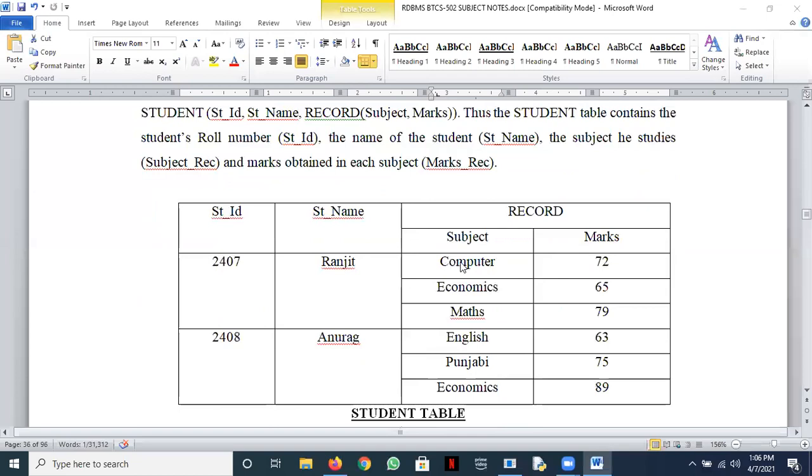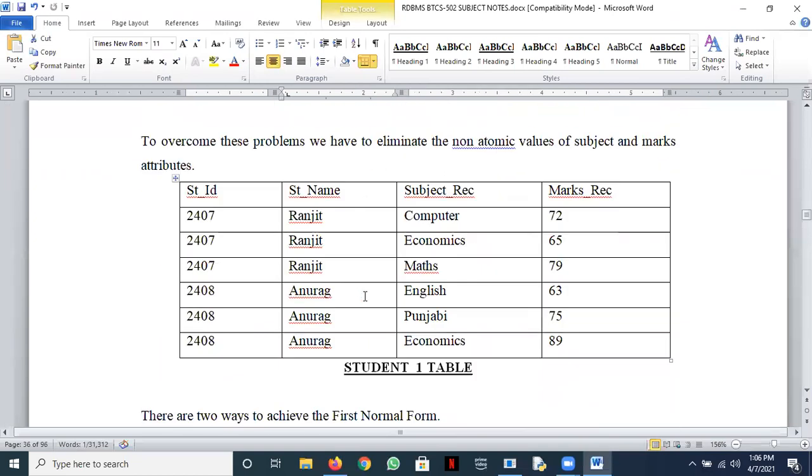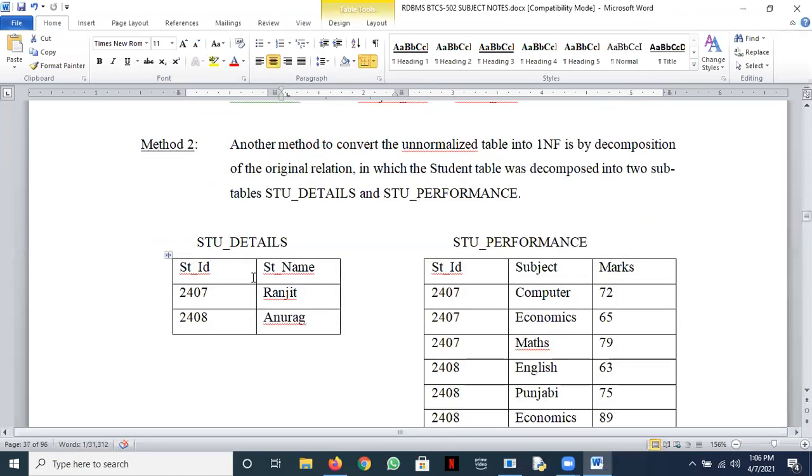So here, these are the repeating groups. The subject, computer, here also the subject, computer, or Punjabi, it will come in one way or the other. The student name remains the same. So this ID, primary key, and this name are in one table, that is the split technique, and the repeating groups are in the other table, and they are associated with the student ID, which is the foreign key.